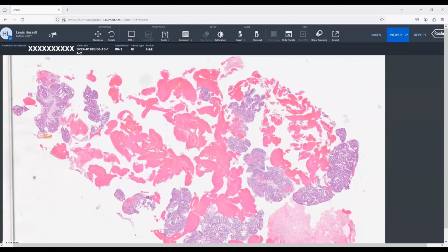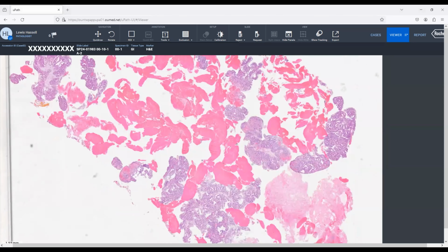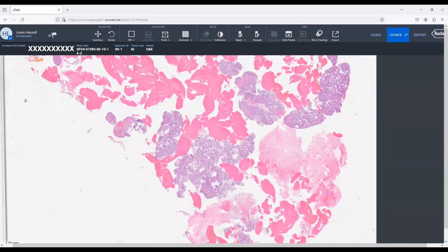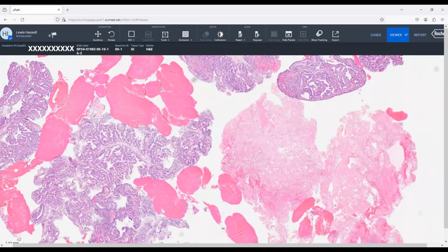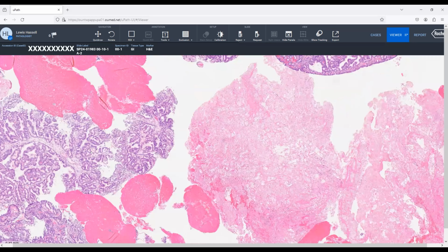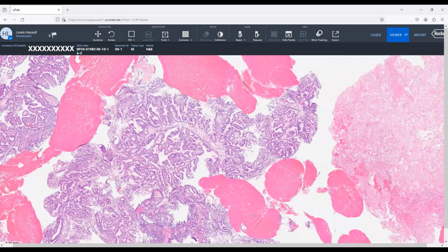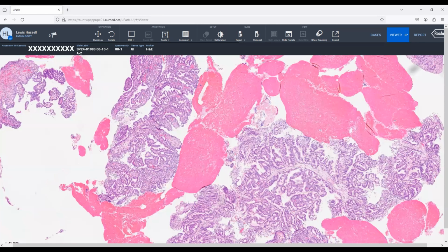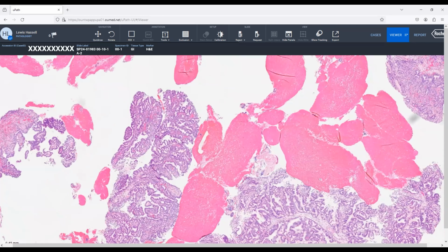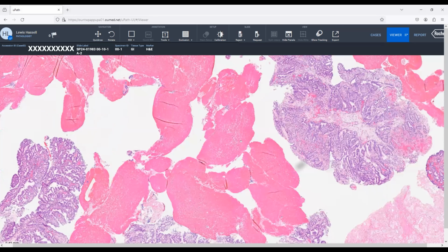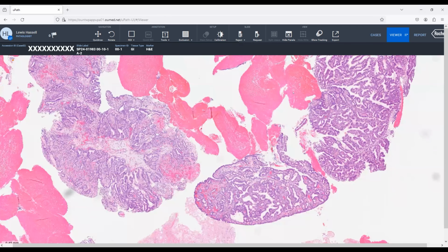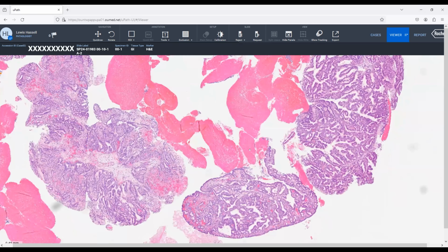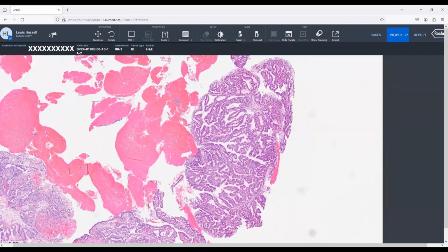So here's a representative section of the tissue that was retrieved by ERCP. And as you can see, we get really quite a lot of tissue. We have some areas that look like there may be necrosis associated with this. But we also have this very rich cellular, complex glandular tissue here with a considerable degree of papillarity and complexity to the tissue, some associated stroma, and as you can see here, relatively orderly pattern of growth, but certainly very